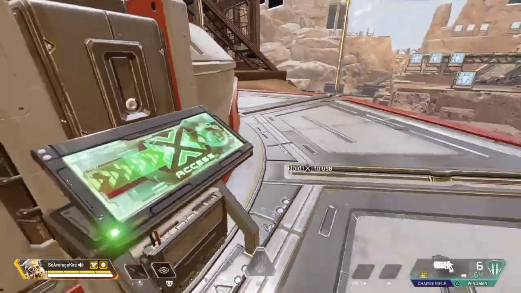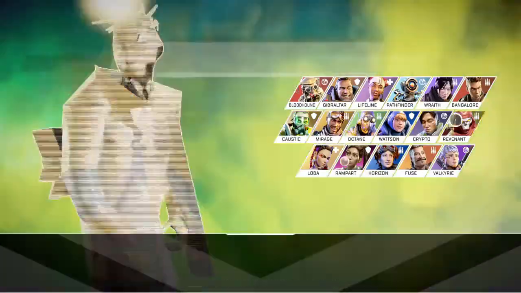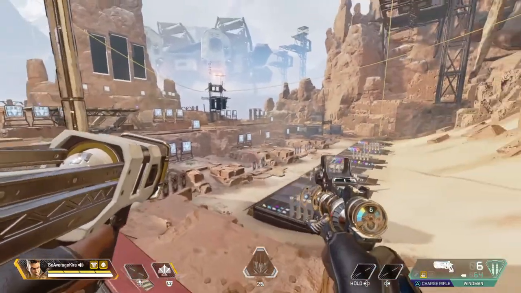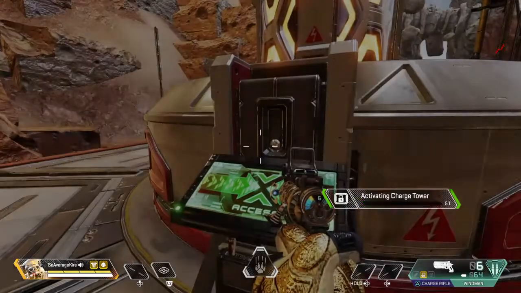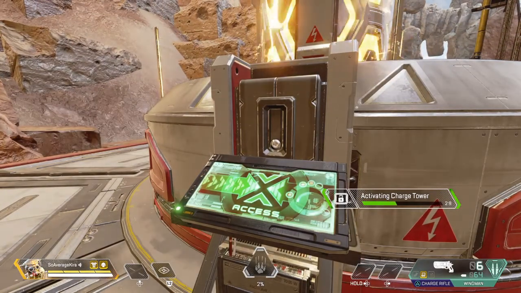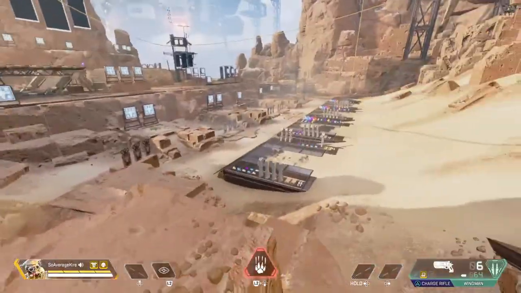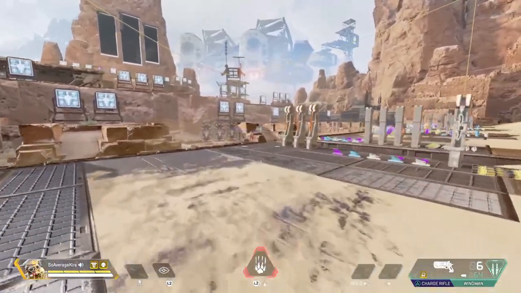So what we'll do is we'll get some Bangalore smoke on the go. Now for the right choice. Where is he? Giving him the chimney. Okay. It doesn't really work. Anyway, so if I go into his ultimate,